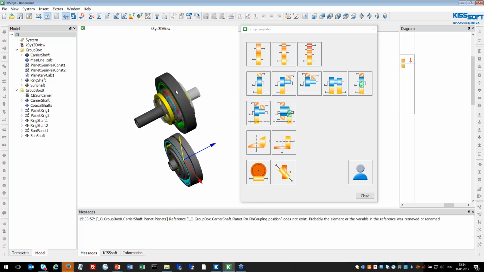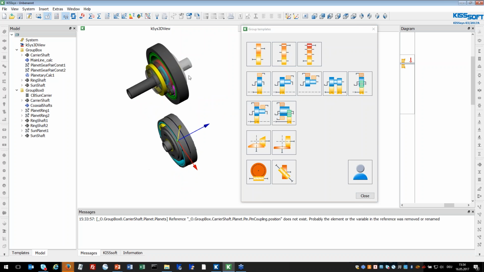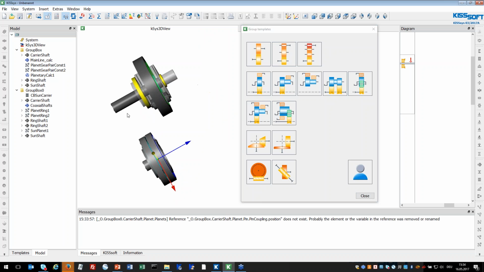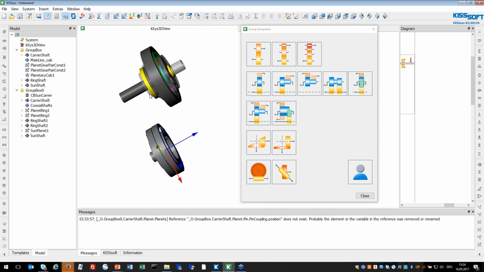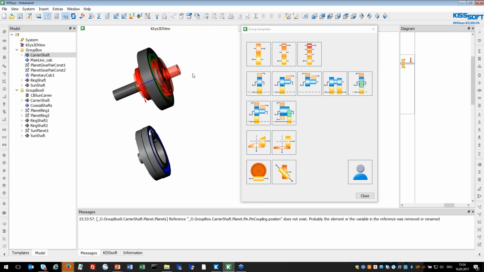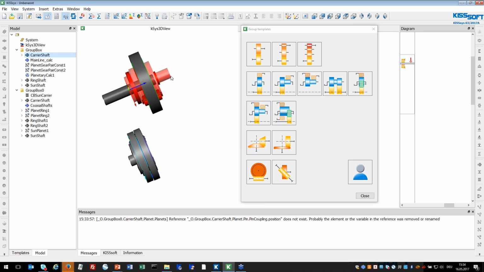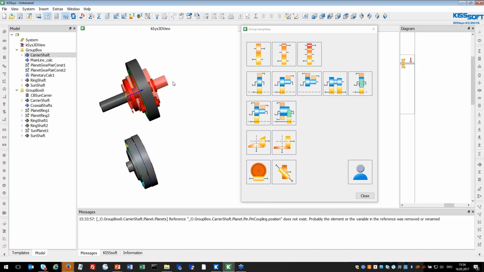So you see both groups here in 3D, and I would like to combine them now also. So it's not just having a predefined stage, it's also about combining these stages. And to combine, I would like to have at the end of the first stage, so at the carrier shaft here, that the sun shaft is merged with the carrier shaft here and that it's